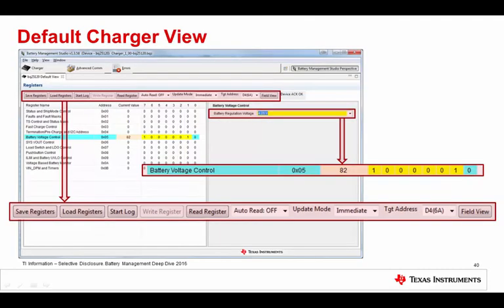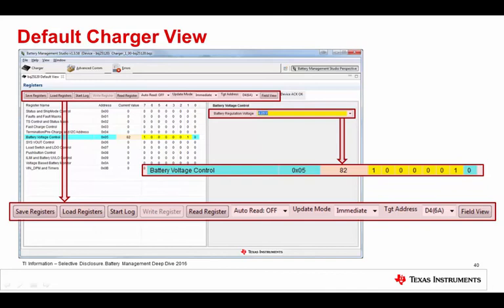And then Watchdog support. Just to real quickly give you an idea, the default charger view, on the left you see the registers themselves, the address, the current value in both hexadecimal and a binary representation. On the right is a more usable, user-friendly implementation of what's in that register. So a value of 82 in this case corresponds to 4.25 volts in the battery voltage control register. So you can see you can change it anywhere and the value changes. So there's a drop down here for allowable values that allow you to update the contents of the registers.